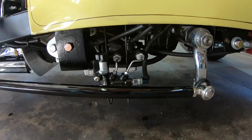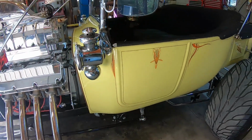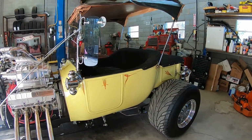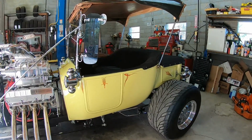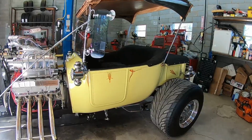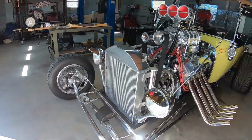You can see it's hanging down right there. All right, I got the reservoirs mounted up under the seats. So the reservoirs are actually higher than all 4 calipers, so I'm not running any residual check valves on the calipers. And in the front, you can see here,